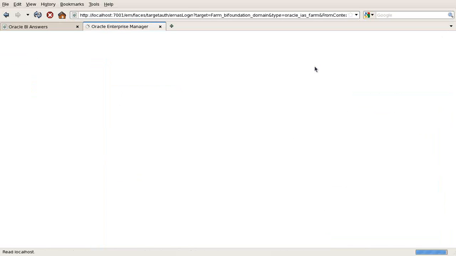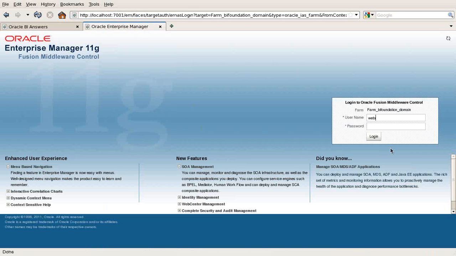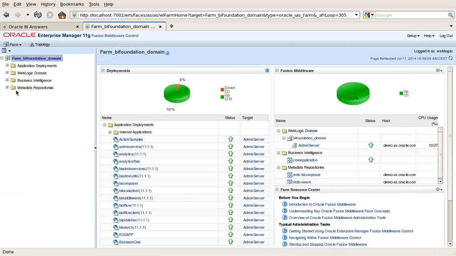I'm going to log out. I'm already logged in first. So pass your credentials, and once you log in, you go under Business Intelligence. You see there is one node called Core Application. Click on this. There are multiple options available in tabs. We'll choose an option called Capacity, and then we tackle all these required options.